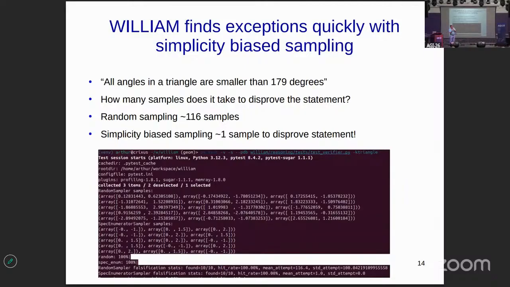Your description length is lower. What you have discovered is that if all x values are 0, they're all on a line. These are collinear points, so it's a degenerate triangle, exactly the case where the statement fails. So even in this example, the first sample disproves it.